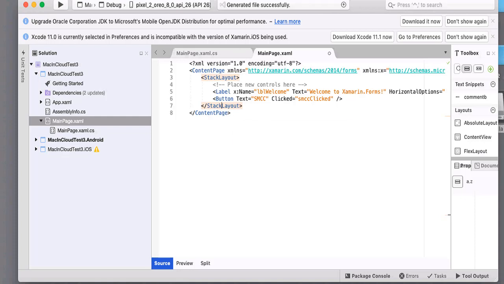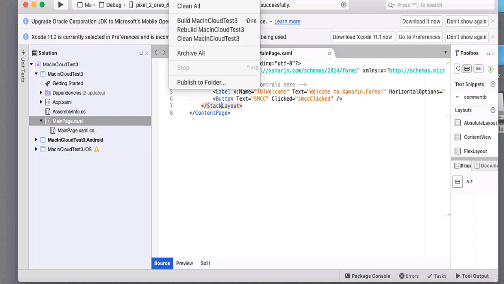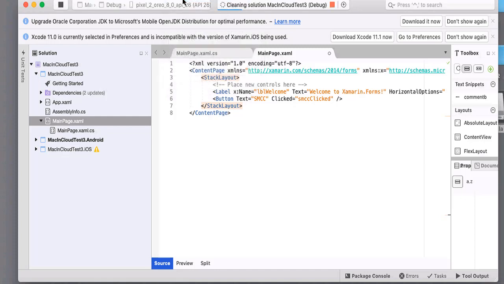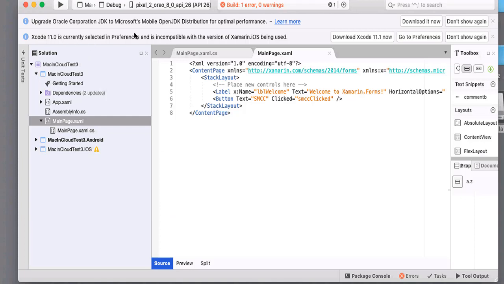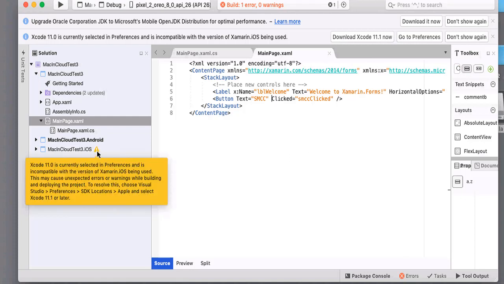And at this point, it's probably a good idea to go to the build menu and choose rebuild or build all, either way. That way it refreshes this and we'll be able to recognize this name in our code. Now right now I'm getting an error. And that error is down here on the iOS, and basically is a compatibility issue for the iOS side. We don't have the most recent version of Xcode, which is what apparently they did a slight update on Visual Studio for the Mac just in the last couple of days, and it now is looking for the newer version